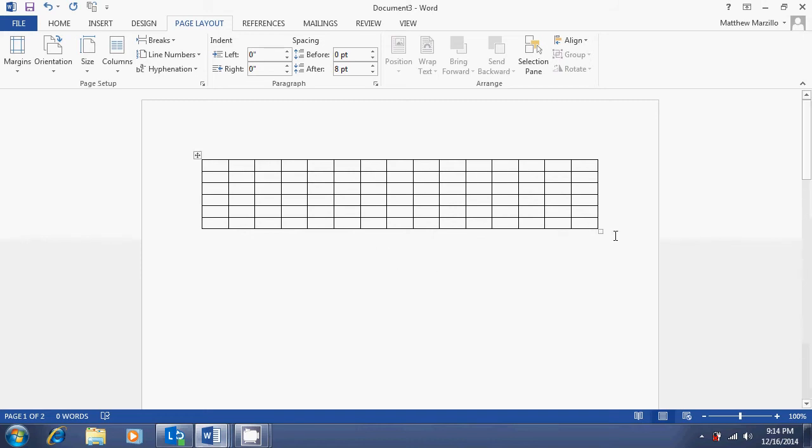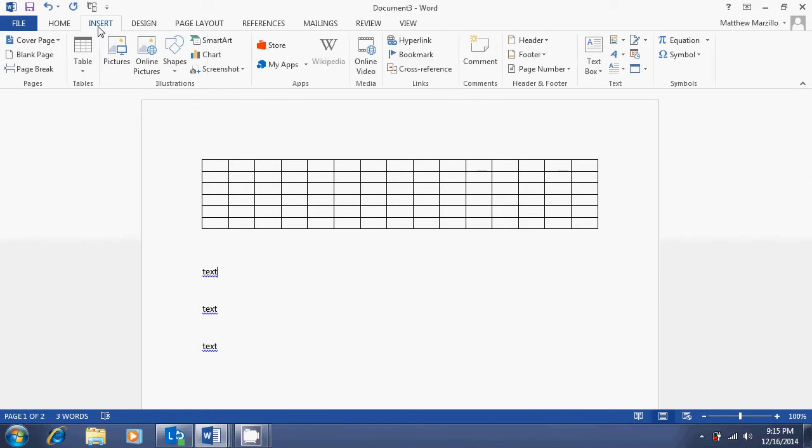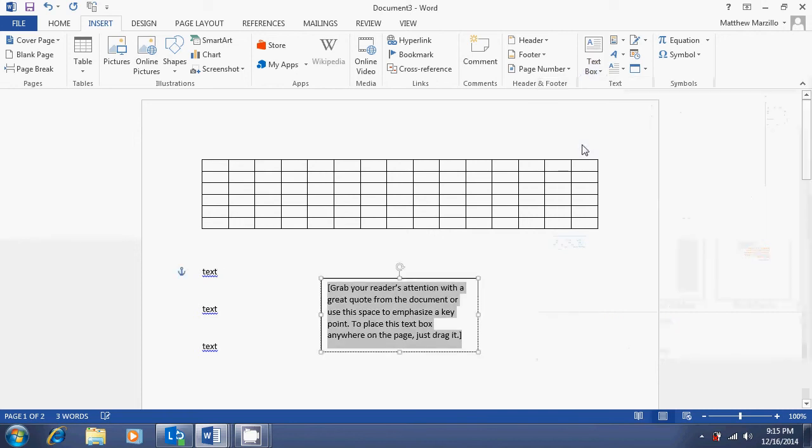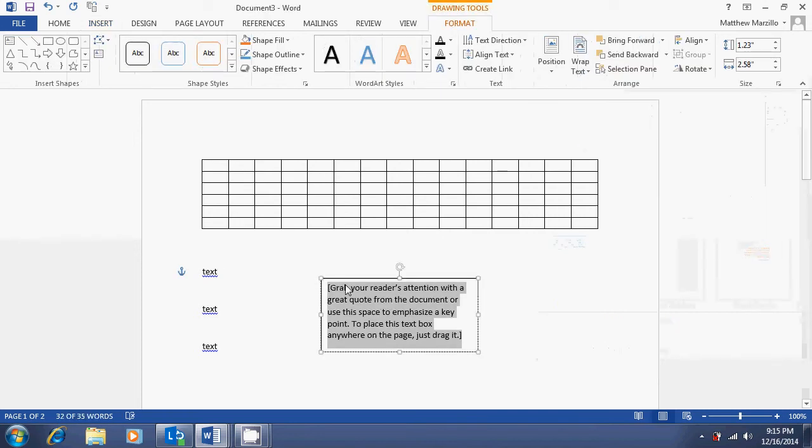So we are back onto our document that includes a blank table, and let's say maybe you have some text and it's taking up some room, but you want to put something off to the side that maybe is sort of a caption or something like that. A real convenient way of doing that is by inserting something called a text box. So if you go up to the Insert tab, and you head over to Text Box, use the Simple Text Box feature, and it just drops a text box here for you,